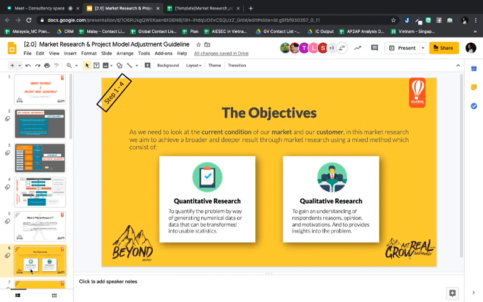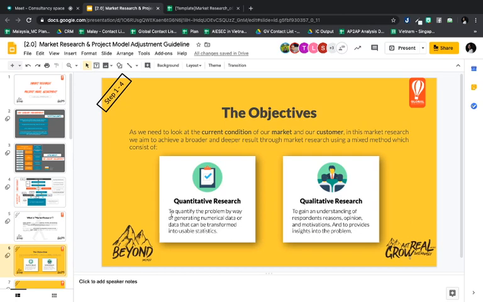Each method has its strengths and also its weaknesses. For example, quantitative research can give us a lot of data, and we can analyze the statistics and the patterns, but maybe it doesn't give us the exact thing that we can improve in our process.